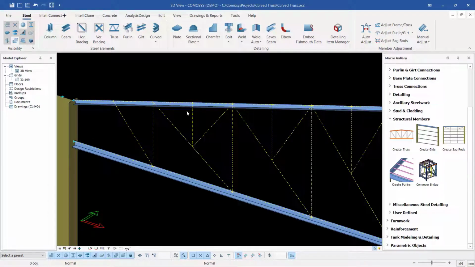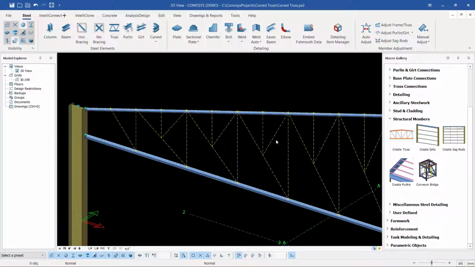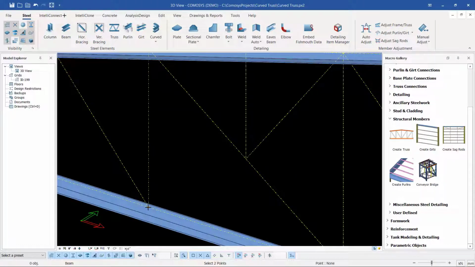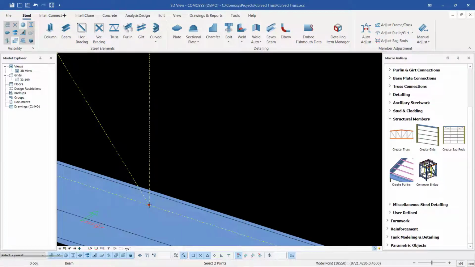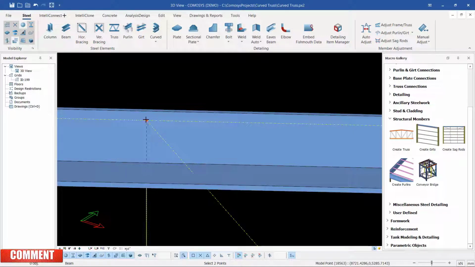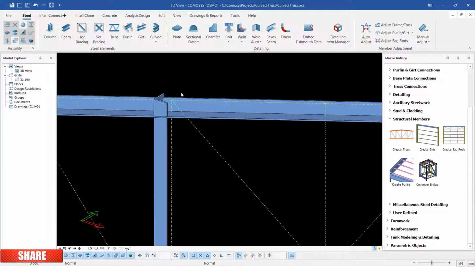So now I want to add the internal vertical members. I'll come to that member, to the beam, then snap. Make sure you snap accurately on that spot, then snap right on top here, like that. Let me first of all place all the steel members, so that later on I can start arranging them